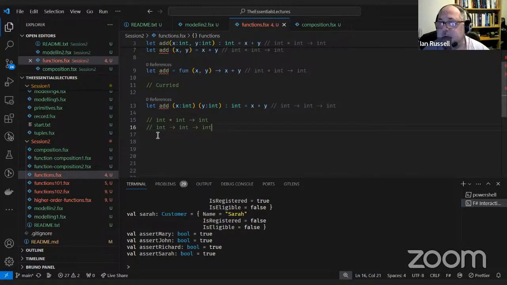Now, if you remember, I said earlier on that there's one rule in functions. All functions have one input parameter and return one output value. Doesn't this look like two parameters? Two input parameters? It is two input parameters. So how does that work? Well,